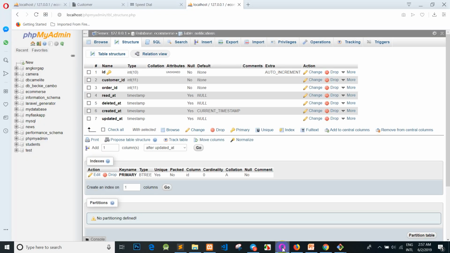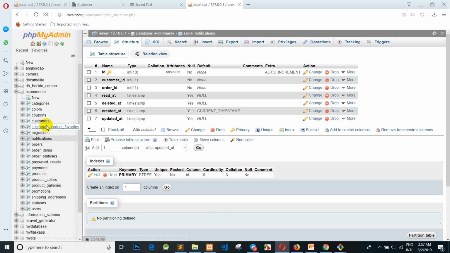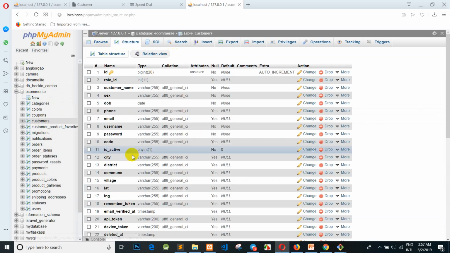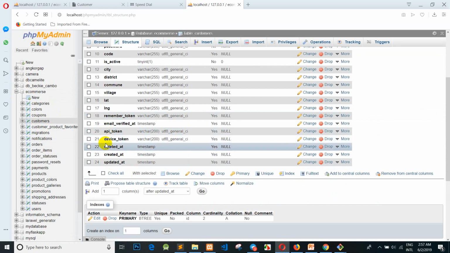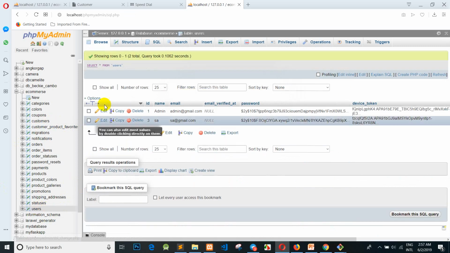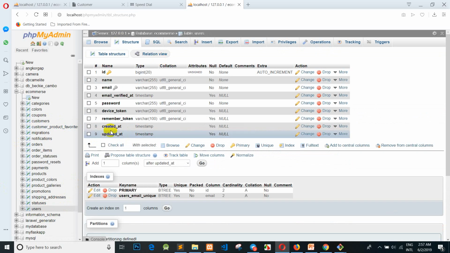So we go to the database, in the database commerce, and to the customer we add a column named device token to store the token with the chart. When we include the token in customer already, we go to the user table, and in the user table we add